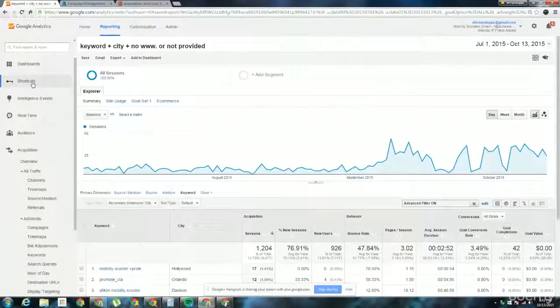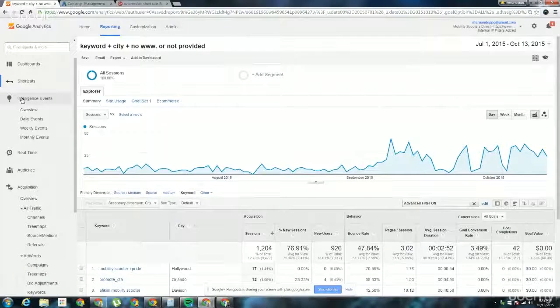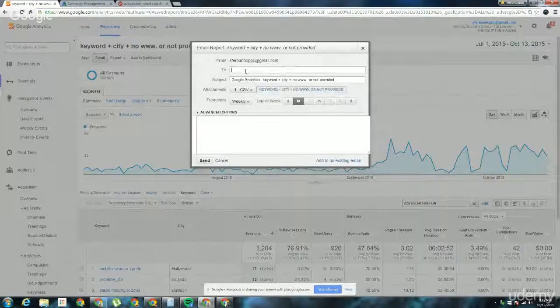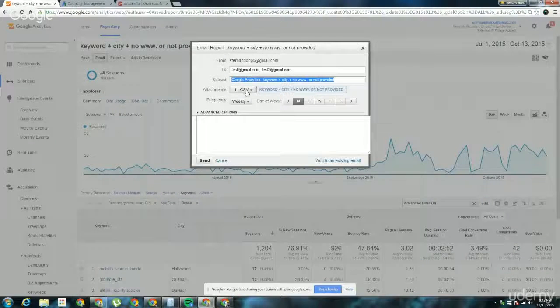And the next thing that I want to talk about is creating automatic emails, which you can do virtually from any report. There are a few limitations and exceptions, but most of the reports in here allow you to do shortcuts, dashboards, or email. If you see the email button like you see here, you would simply click that email button and include the recipients, test@gmail.com, followed by a comma, test2@gmail.com, basically indicating that you have 2 recipients here that it will send to. You can change the subject or keep it as is. Choose what kind of file, PDF or CSV or Excel